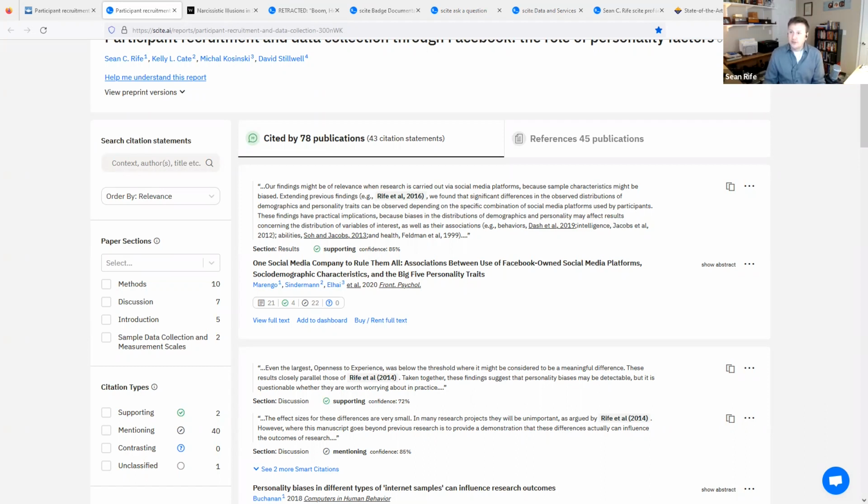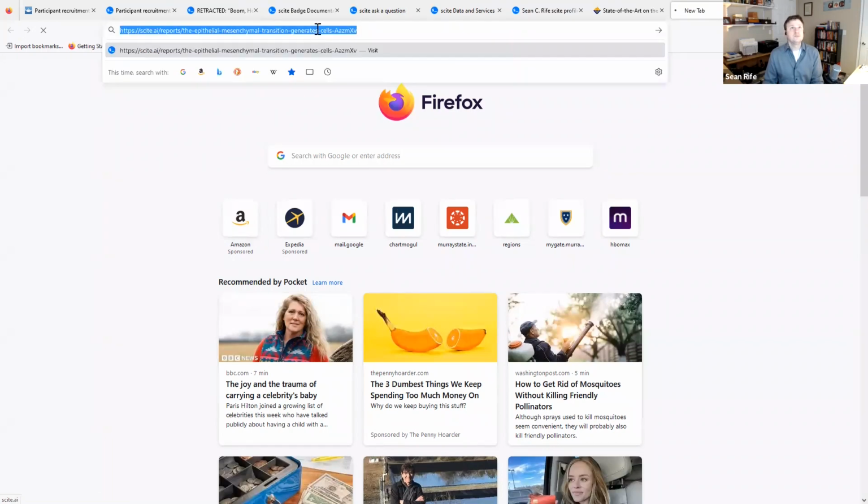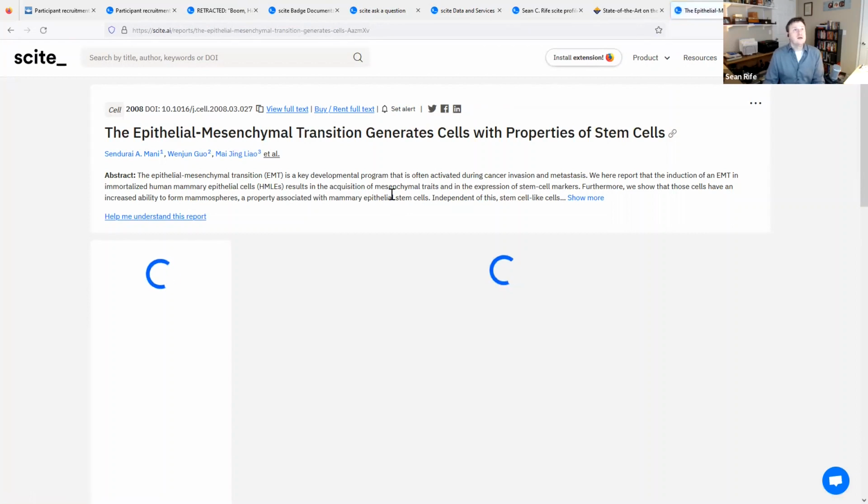Now, of course, as a social scientist, I have a lot of experience in that area, but it is simply the case that we have work in a lot of other scientific fields. So I'll bring up some additional examples here. This is an article from the journal Cell. Getting into the field of biology here. Again, listing some relevant metadata. Sorry, it's taking a second to load here. This is what we call a fairly highly cited report. So it'll take a second for it to compile all of the various items.